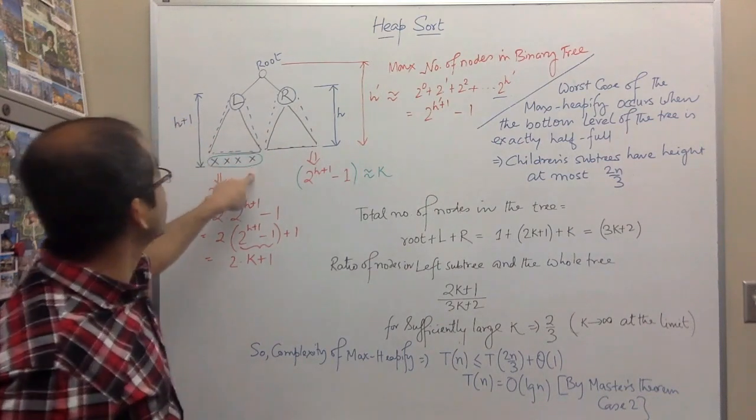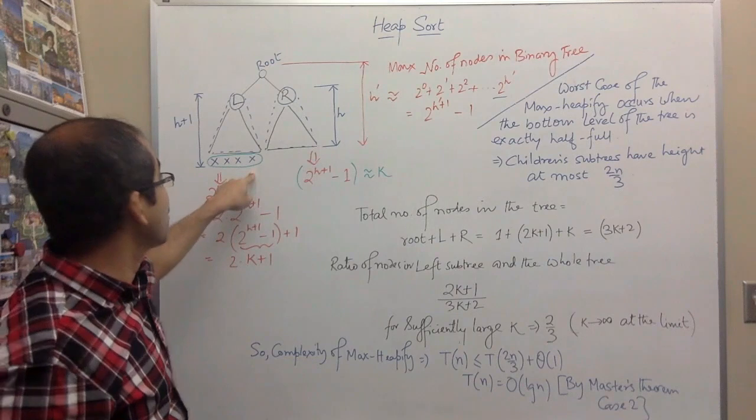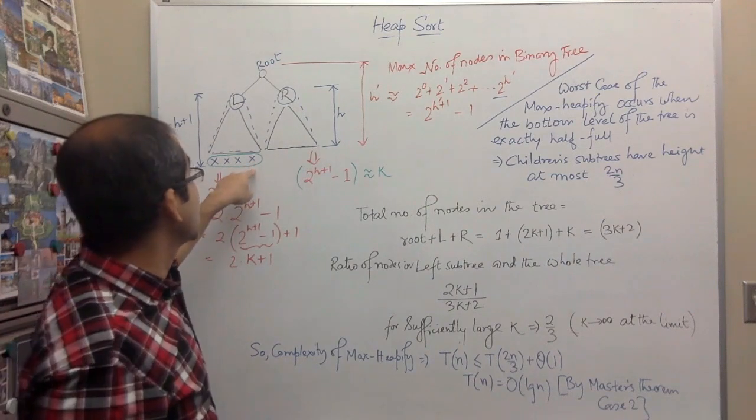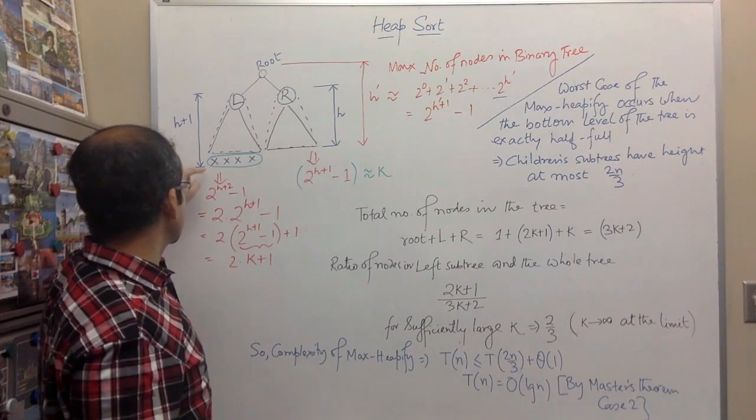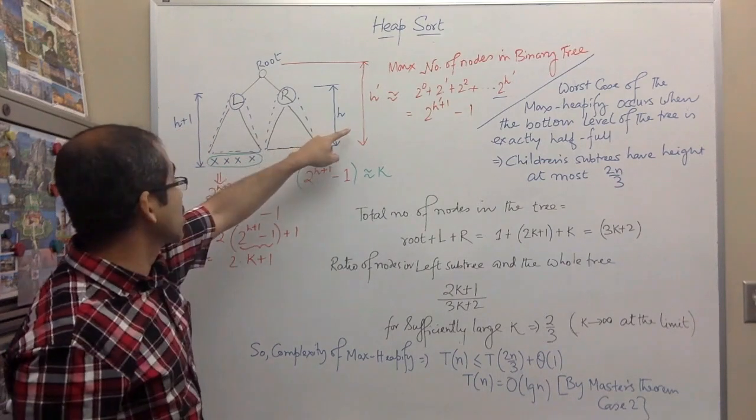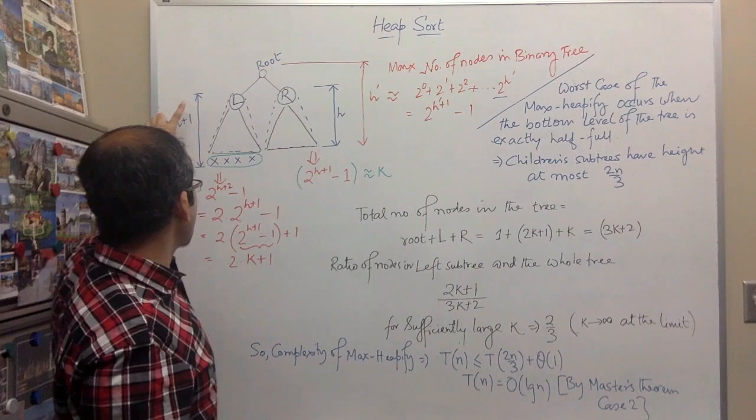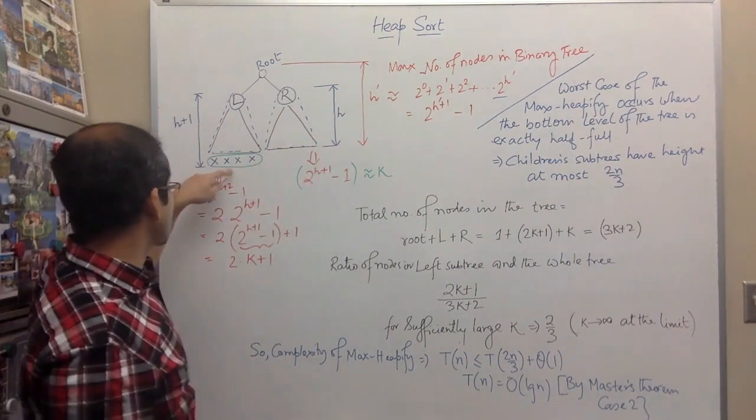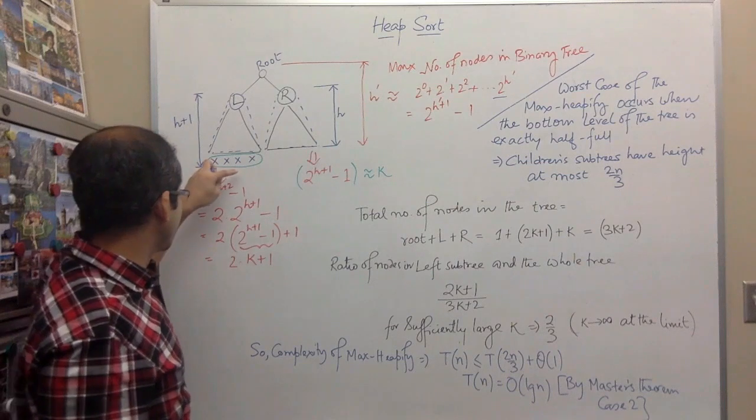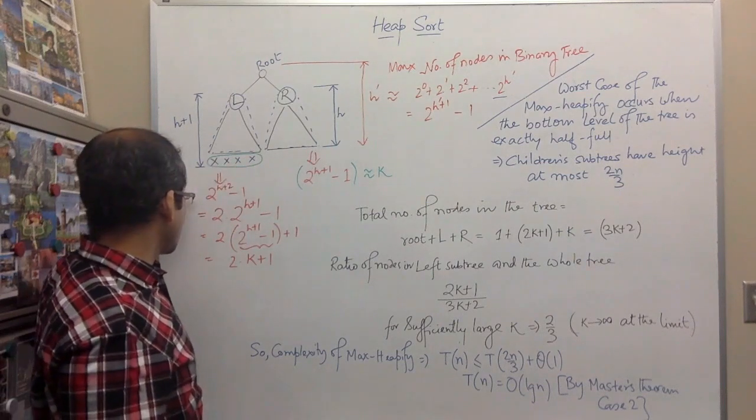Now what is the number of nodes at this level? We know that the number of nodes at a particular level is 2 to the power of the height of that level, which is one extra than the right subtree. So it's h plus 1 the height. So the number of nodes in this level is 2 to the power